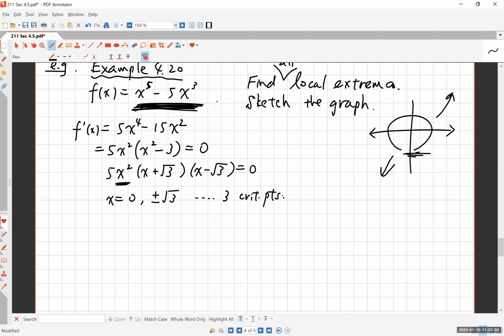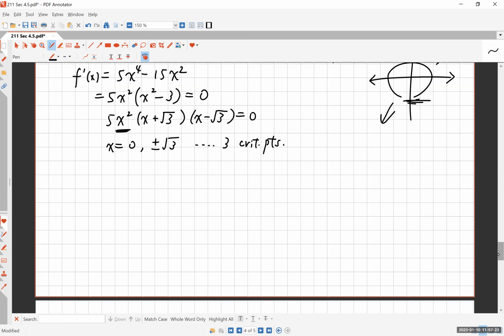Okay, now you can apply the first derivative test at this point, and that means you will make a little sign chart like this, and then you can figure out when this derivative is plus or minus. Okay, so that's okay too. And in fact, you may want to do that. I may want to show you how to do that. But to apply the second derivative test,